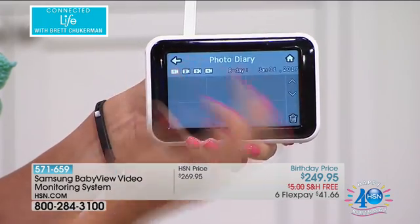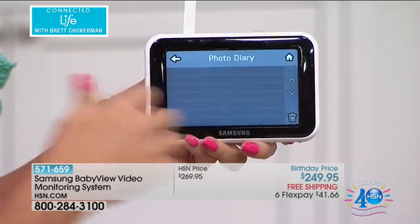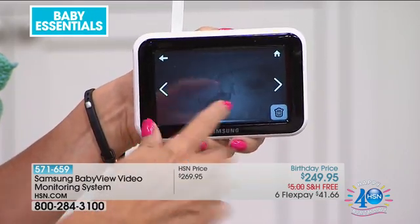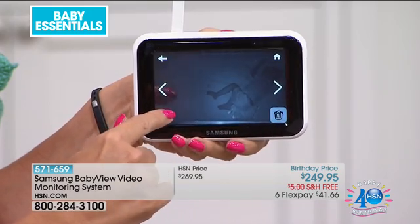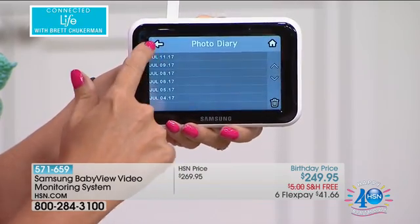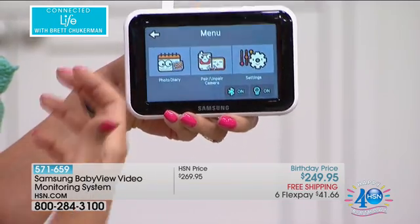I thought the photo diary was really nice. This is something for me because as a parent you want to capture all of the nuances and everything that's going on with your new little one. This is going to show you those beautiful pictures and visuals in the evening. So this is actually grabbing, I've got a little bit of a glare, but it's grabbing these daily photographs of your little baby throughout the course of the day, every single day. And it's great when you see him kind of first climb up onto the crib and try to like peek